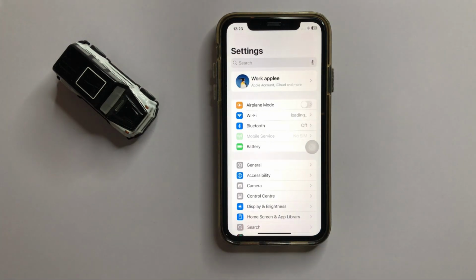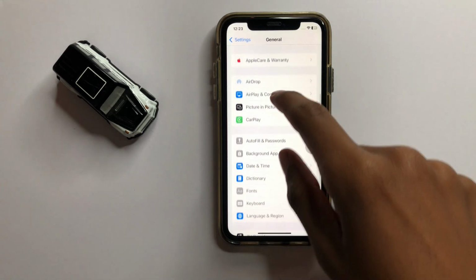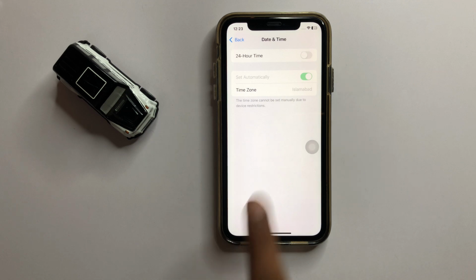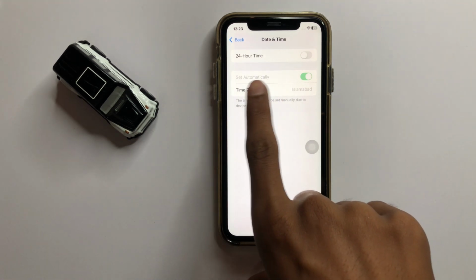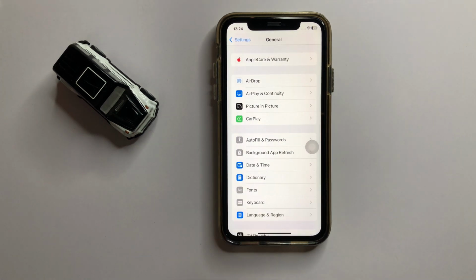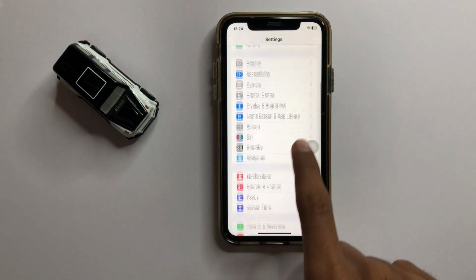settings. In settings, click on general and then scroll down and click on date and time. Now here you can see set automatically date and time is grayed out, and if you want to fix this, then simply go back and click on screen time